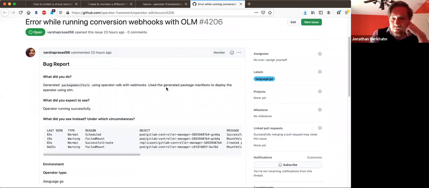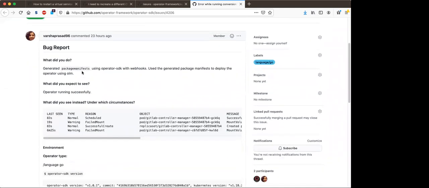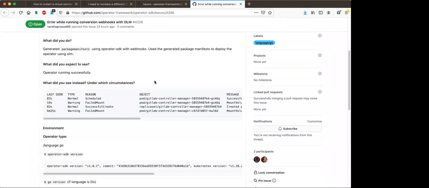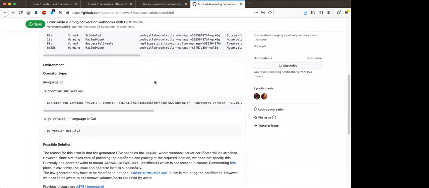Varsha? Yeah, so this needs quite a bit of discussion because right now when the SDK scaffolds a CSV, it specifies the volume mount and also the volume where the webhook secret would be attached. And since OLM is actually managing the creation of certificates and all secrets, we need not do that.